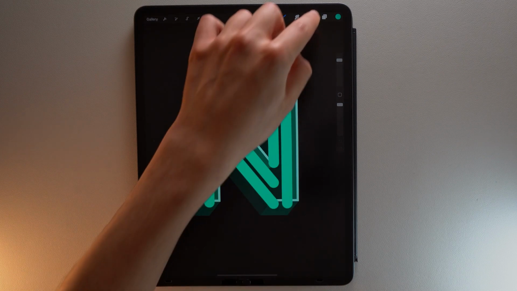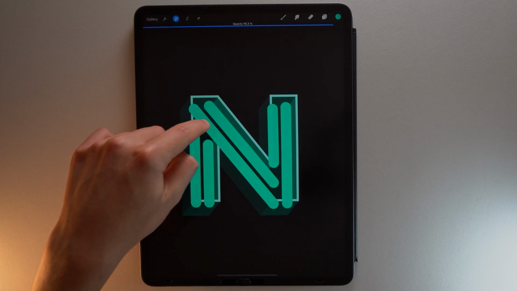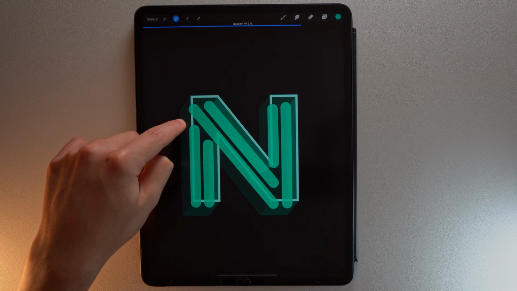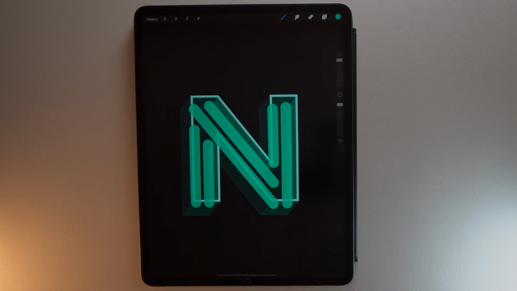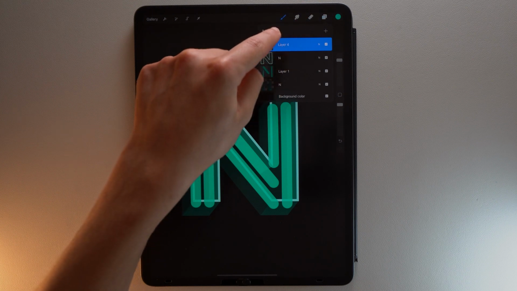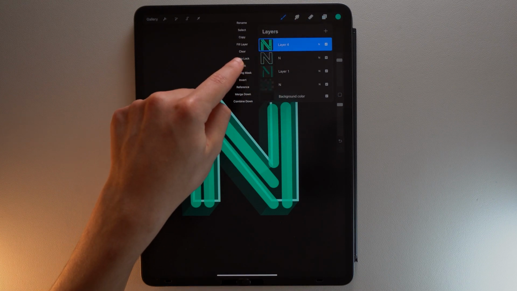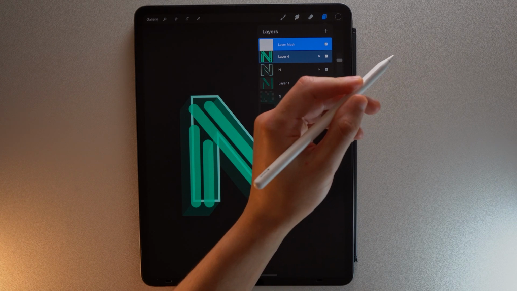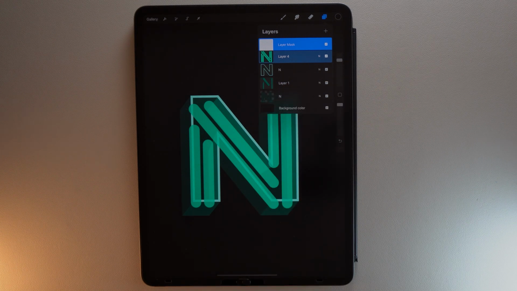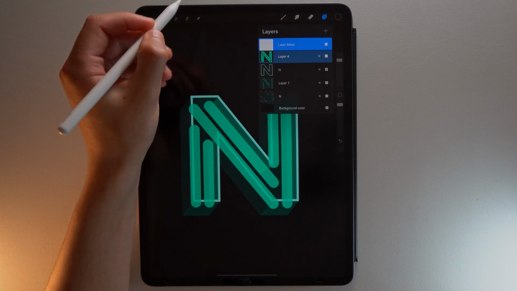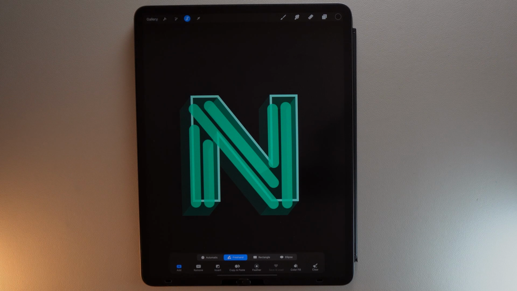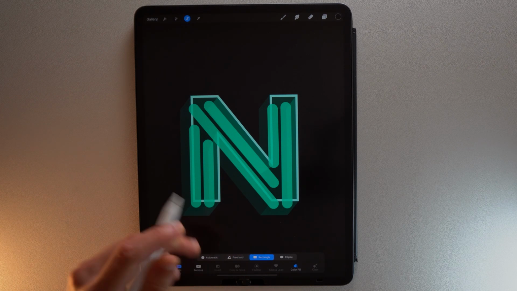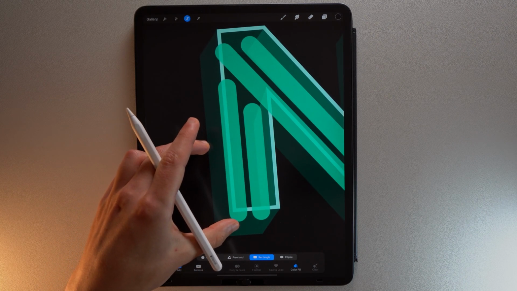Tap on your layer with 2 fingers to lower the opacity. Then tap on your layer and add a mask. If you want to learn more about masks, I invite you to watch this video. Take the black color, tap the selection tool and make sure color fill is on. Select all the parts of your neon that extend beyond the outside of your letter.